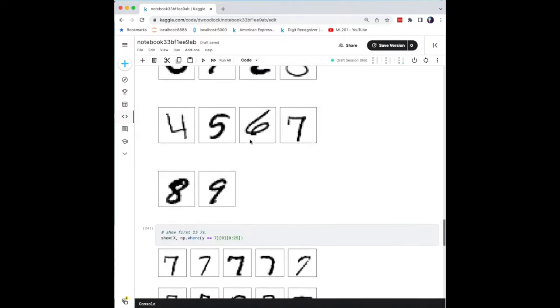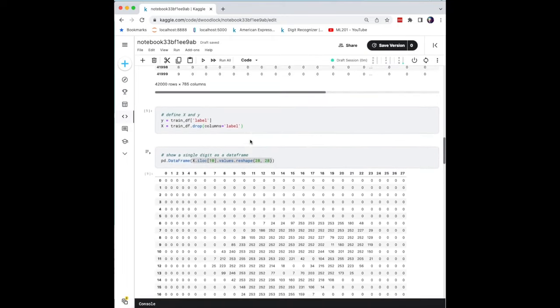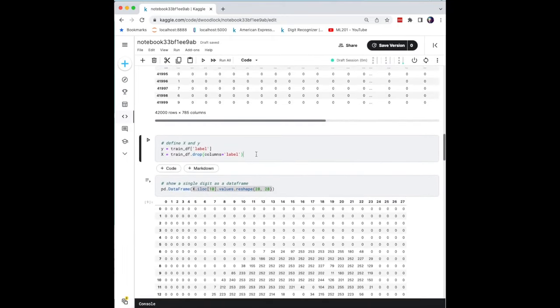So you're going to have to go back to where we set x, and what we want to do is normalize the pixel values to be closer to 0. A lot of these machine learning models are optimized to deal with numeric feature data that's close to 0. Right now our features go from 0 to 255. So if you just divide x, or just divide this expression, by 255, it'll work out